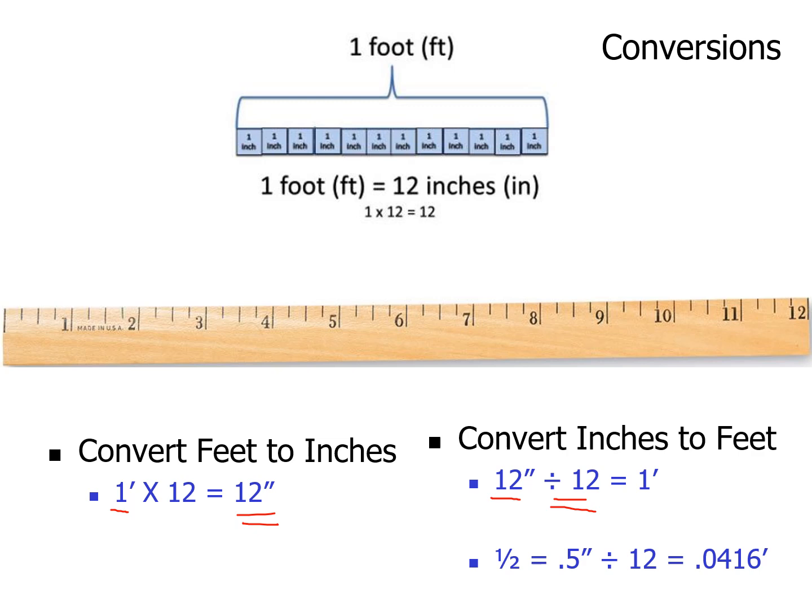Okay, go back to the whole units if you get lost at the test, or when you're doing this and you get lost. Go back to the whole units. Think, well, 12 inches, what do I do to that to give me 1 foot? Okay, divided by 12.